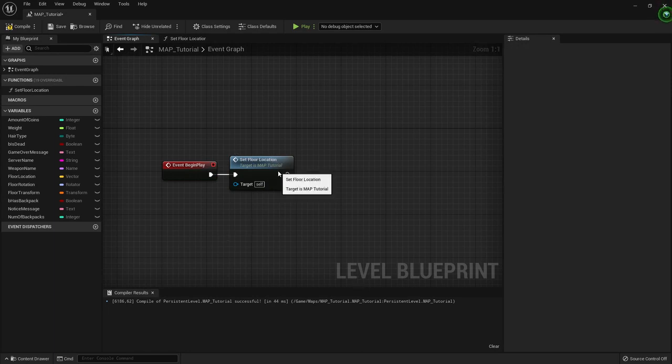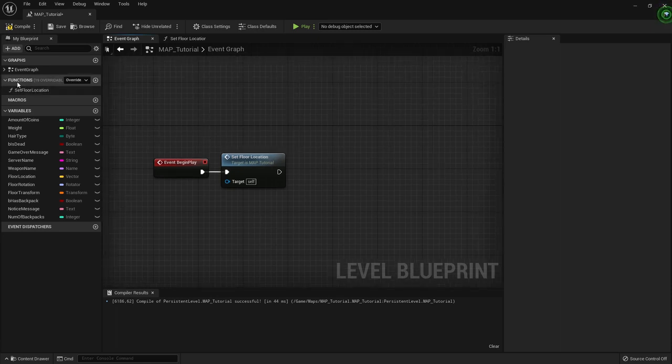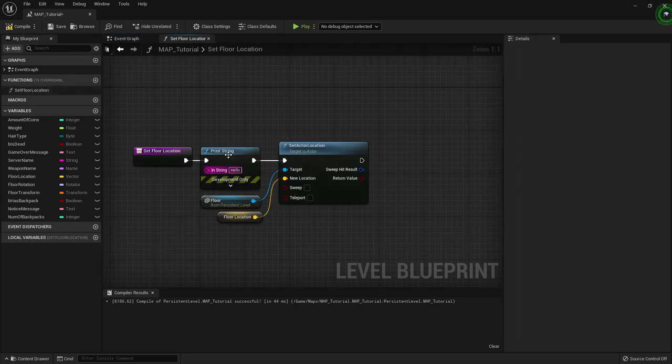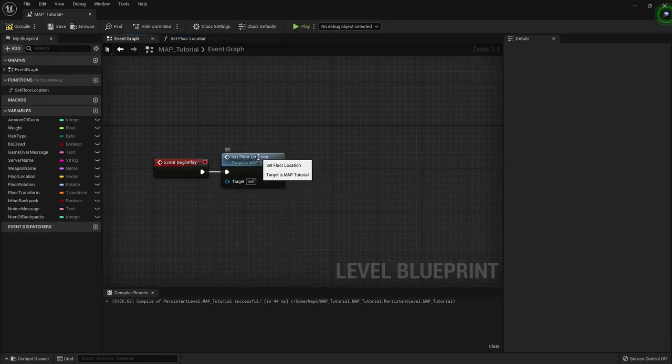Now you can access these functions that you made yourself to the left over here. Inside of the functions tab, you can see the set floor location, and you can double click it to access it, as well as double clicking it here in the event graph. Now to use these functions multiple times, you can just